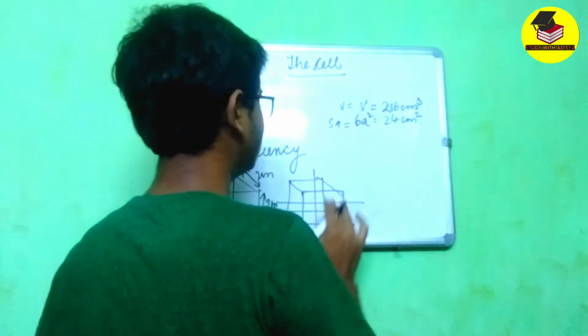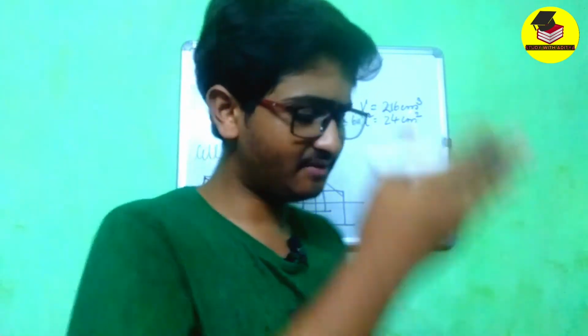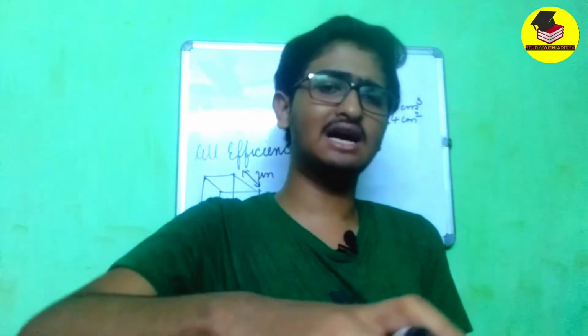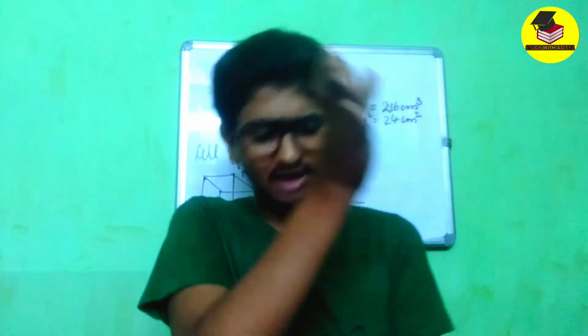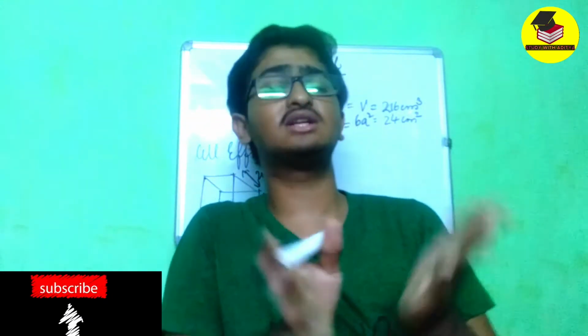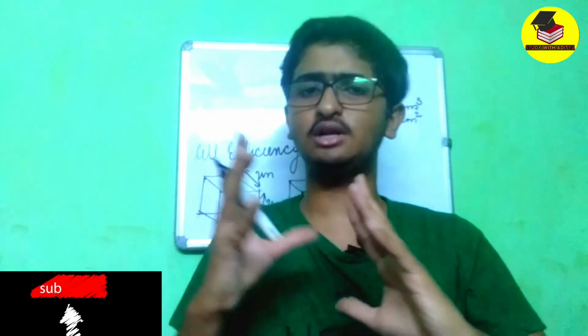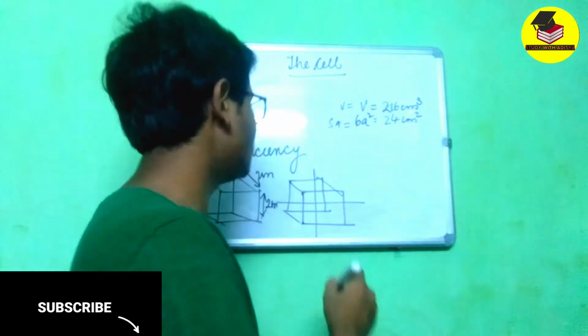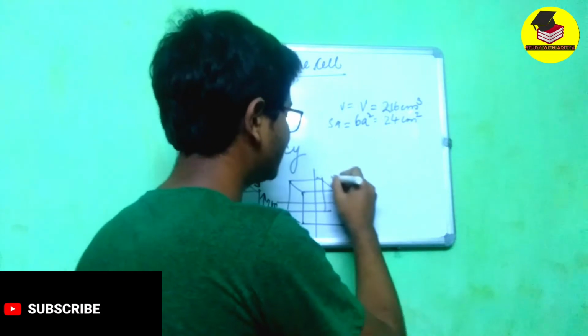Now, in the second case, what I have done is I have divided that same cube, cut once this way, once this way. So what will happen? And I cut it this way also. So I will receive 8 cubes out of 1 cube, and each cube will have the dimension of 1 centimeter.